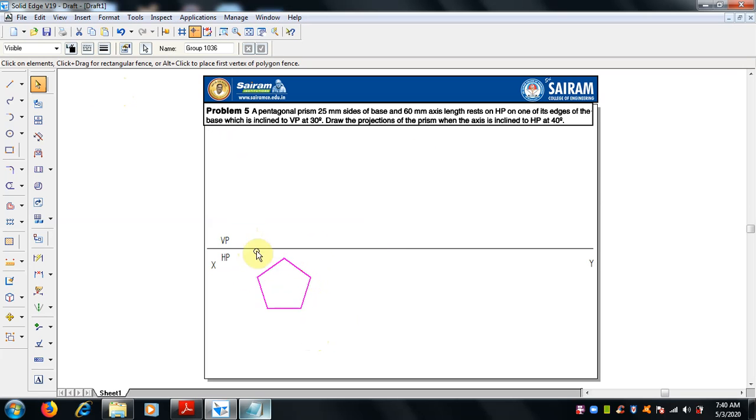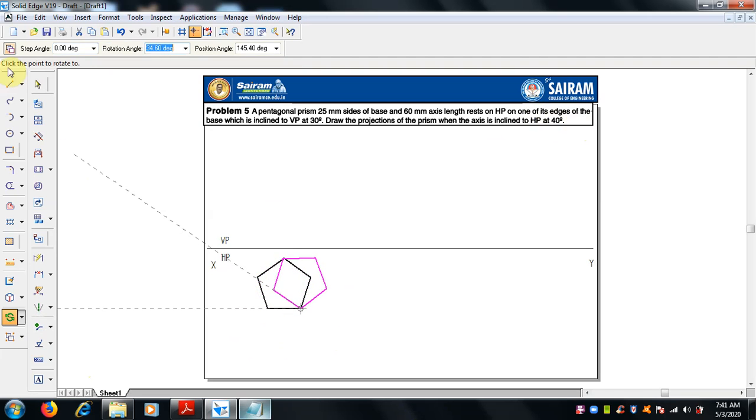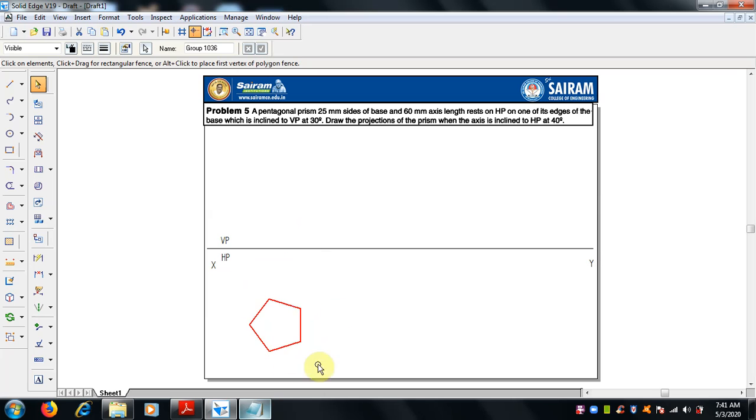Now the pentagon is done, but it is resting on one of its edges, so we have to rotate it. Here the copy command is switched off because it will be rotated. Now it is rotated to the edge. We can move it nearby.